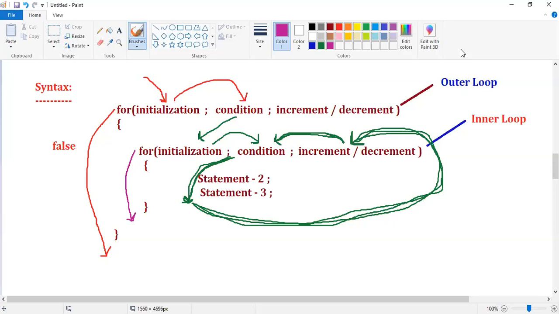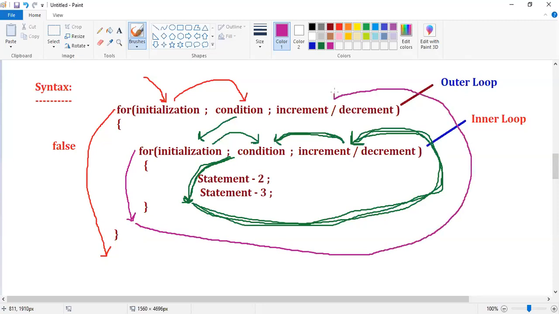When our inner for loop is false, from here control will move to where? Outer. Guys, check the flow, everyone. Outer increment decrement.